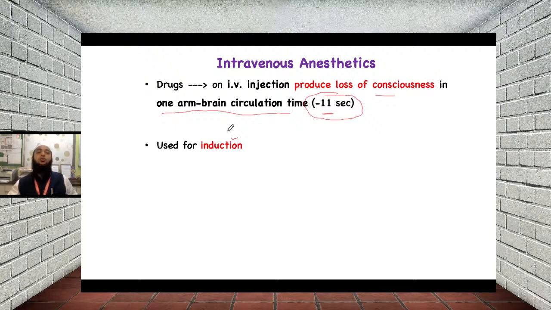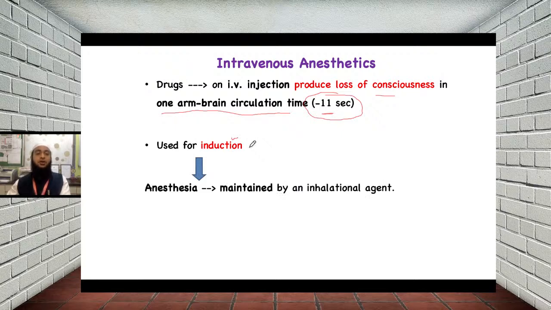So what you can do is add one IV drug along with nitrous oxide, so that induction can be quicker and pleasant in nature. So for many purposes you are using intravenous anesthetics. The basic purpose is induction of general anesthesia with a drug which produces slow induction of the general anesthetic action. Okay, so it is used for induction,